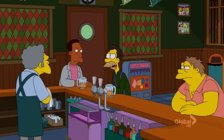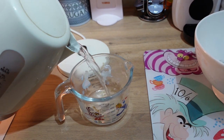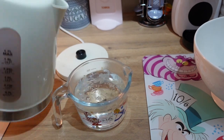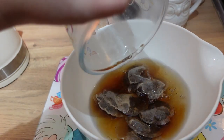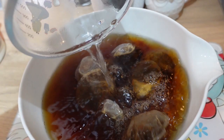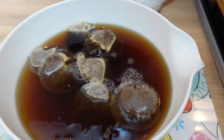Kombucha coming at you. One of the key things when making kombucha is not to use plastic or metal with it. So glass, ceramic, and even a wooden spoon, they're all good. And now it's time to put on the kettle. Once the kettle is boiled, add 1.5 litres of hot water to the tea bags. Leave the tea to brew for 20 minutes, which means you've got plenty of time for